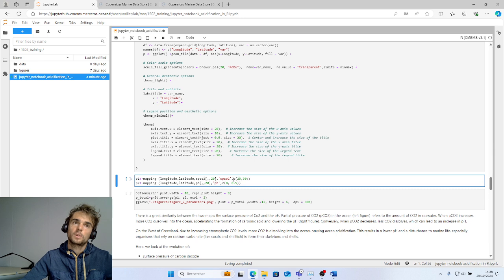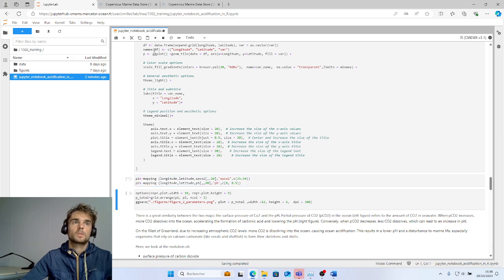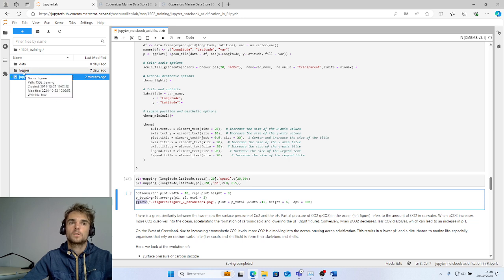So the plot will be between 25 and 50. We run it. And then with the function grid.arrange, we put the two figures in the same plot. And then we save in the folder figures.